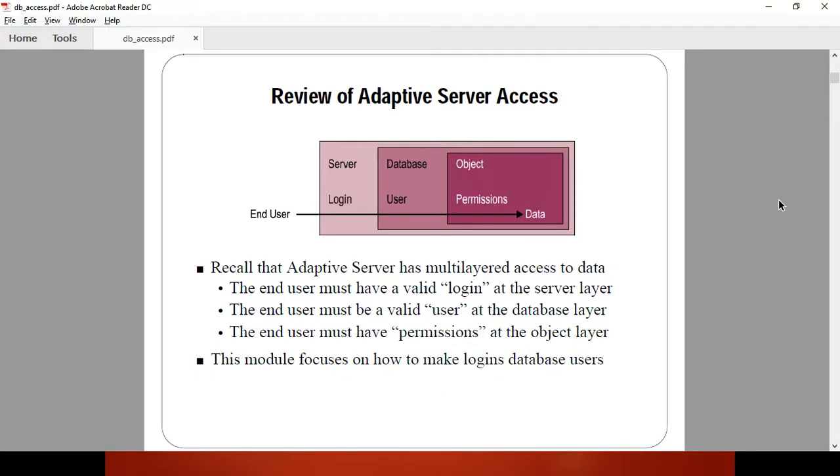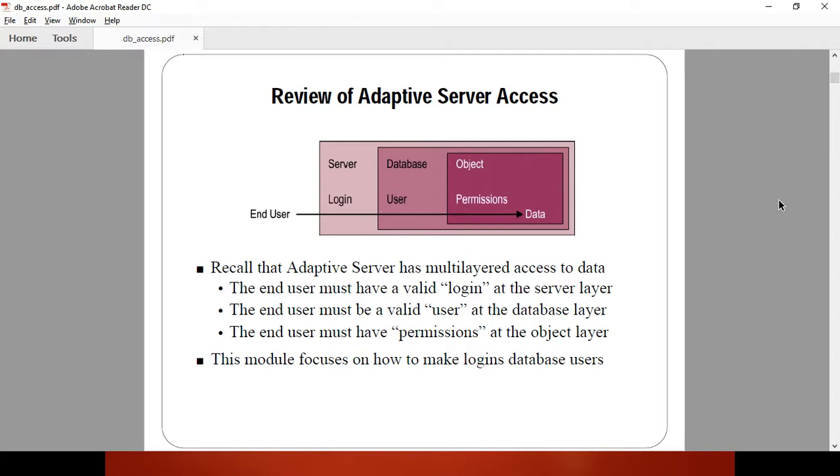There are multiple levels of user access: server level access, database level access, and object level access. To grant any permission on a database object, the user must have access to the database server.